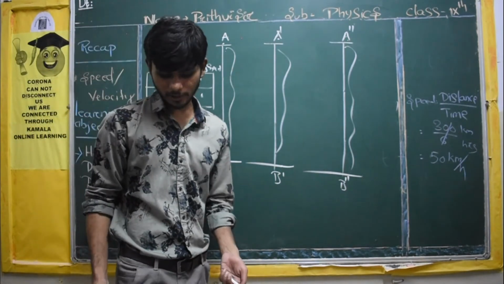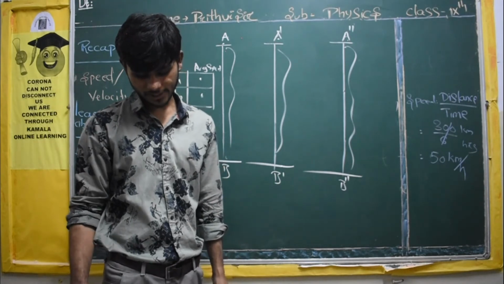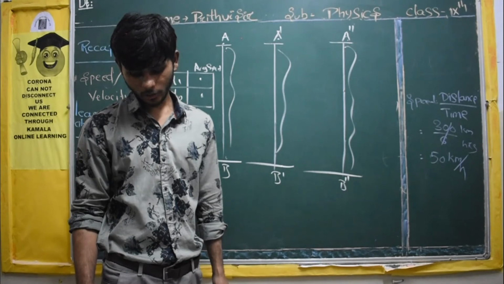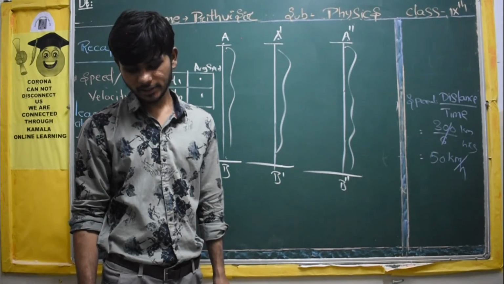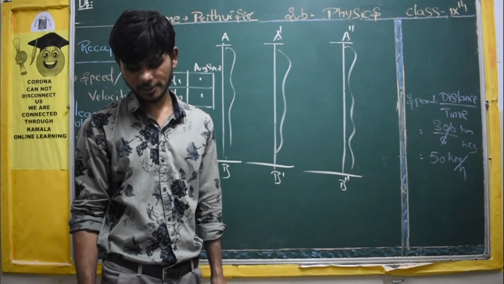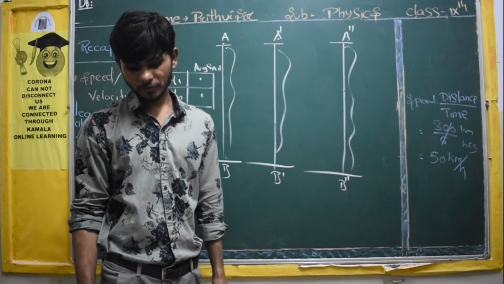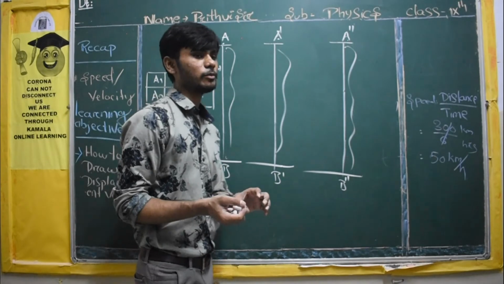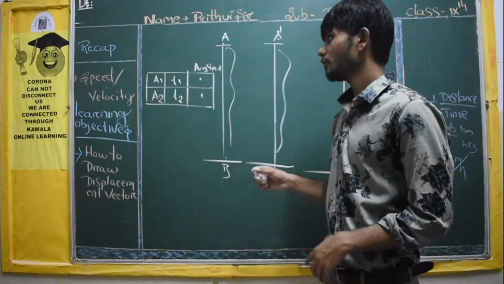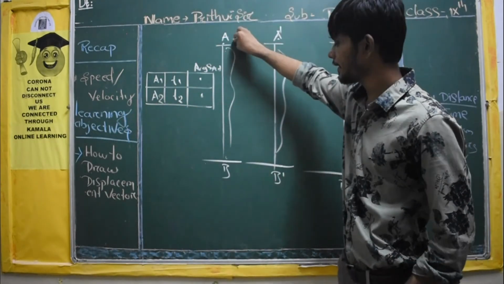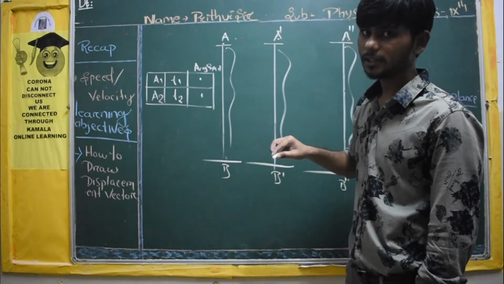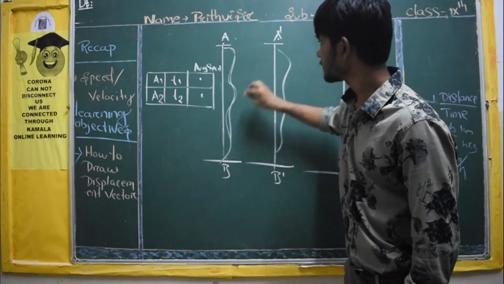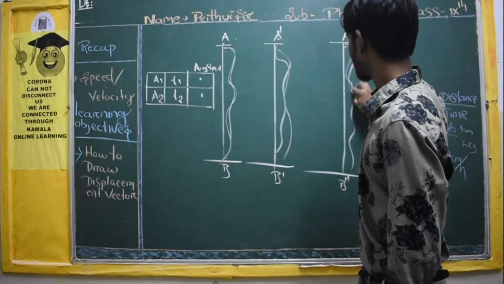How to measure average velocity? Repeat the whole activity after drawing a set of parallel straight lines from point A to point B and ask each student to run along a line. Ensure that each student is covering the same distance along the same straight line specified for him or her from point A to point B. In our first case, from point A to point B, a student can follow any path. He can come like that, or he can go like this as well, whatever path he takes.